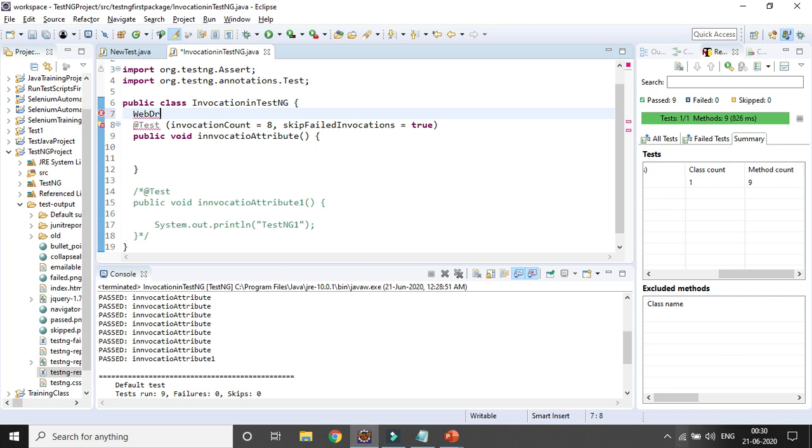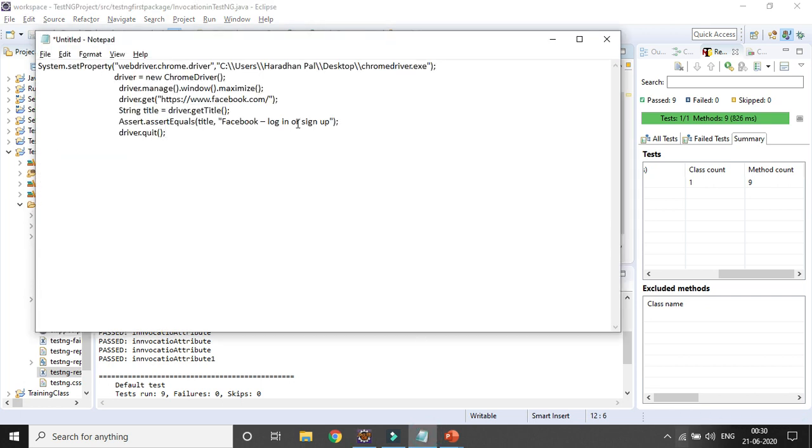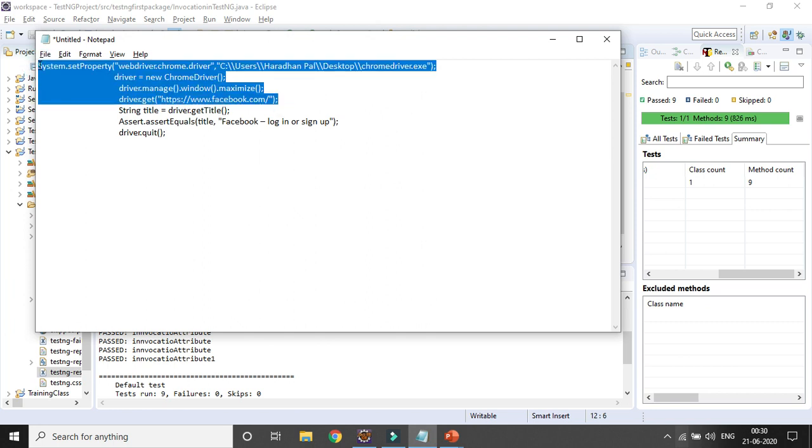Here I am creating an object or instance for the WebDriver interface. So I need to import the WebDriver interface from the org.openqa.selenium package. Then I will simply copy paste the lines to launch the Facebook page.